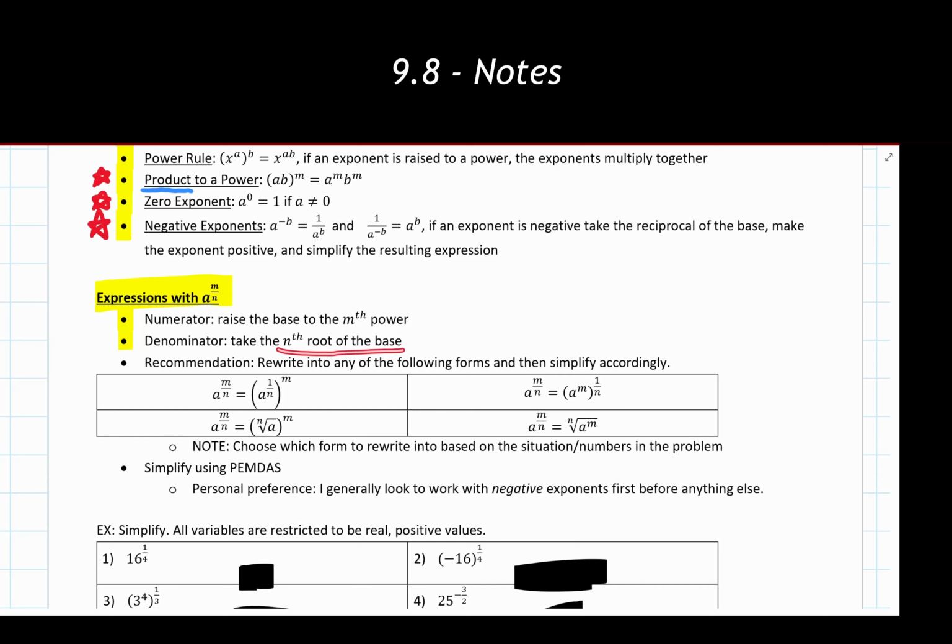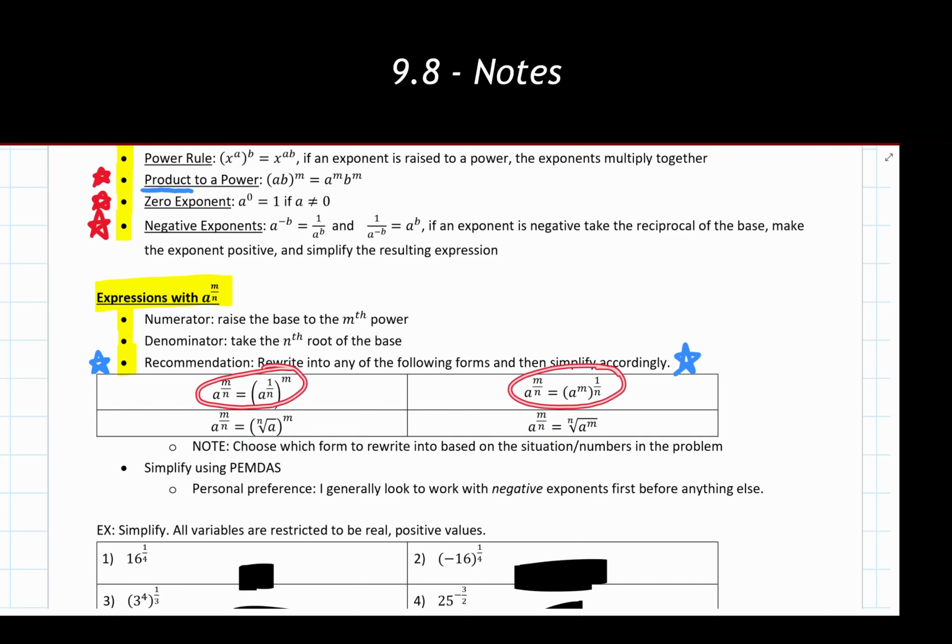Now, when we are going through and actually determining what our answers are going to be, if we have something raised to a rational exponent, I think it's very useful to rewrite those down into one of the different forms that we have below. All of these are equivalent ways of writing out something raised to a rational exponent. It's your choice as you are going through the problem to determine which one is going to be more useful to you. Now, within these four, I think the two main ones that are worth using are the two bottom ones here, but nothing says you can't use the two up top as well.